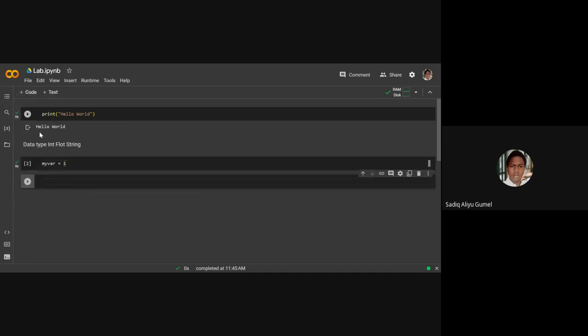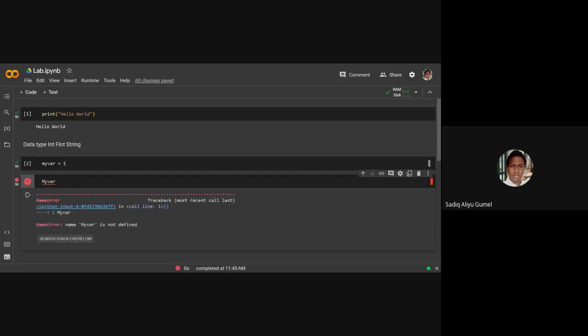In the next cell, I will call the variable my_var1. We should also recall that variables are case sensitive, meaning that if they start with a capital letter, it should be exactly as it is. You see, My_var1 is different from my_var1. If I do this, an error will be the output because they are not the same. You see, it says my var is not defined because it is case sensitive. But if I leave it as my_var1 here,